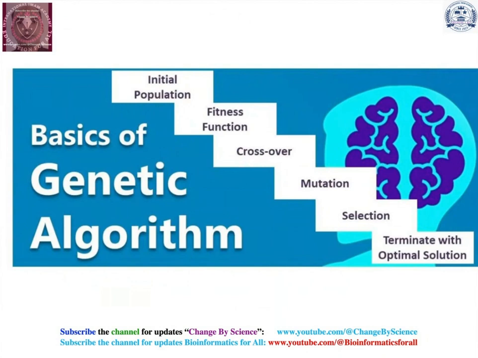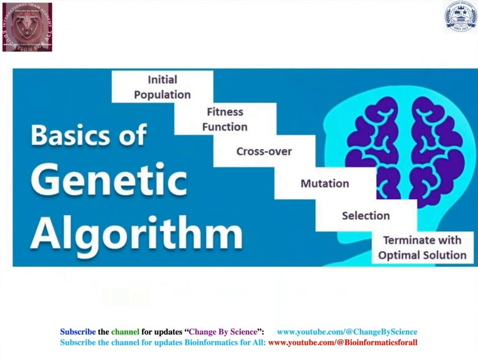For that purpose, such algorithms are the most suitable, where you can think about what kind of parameters you are going to change and at which rate you are going to allow the mutation, slow mutation or fast mutation. This is what you can decide by using some kind of probabilities. So here you need to think what is your goal and what kind of parameter optimization you are looking for,